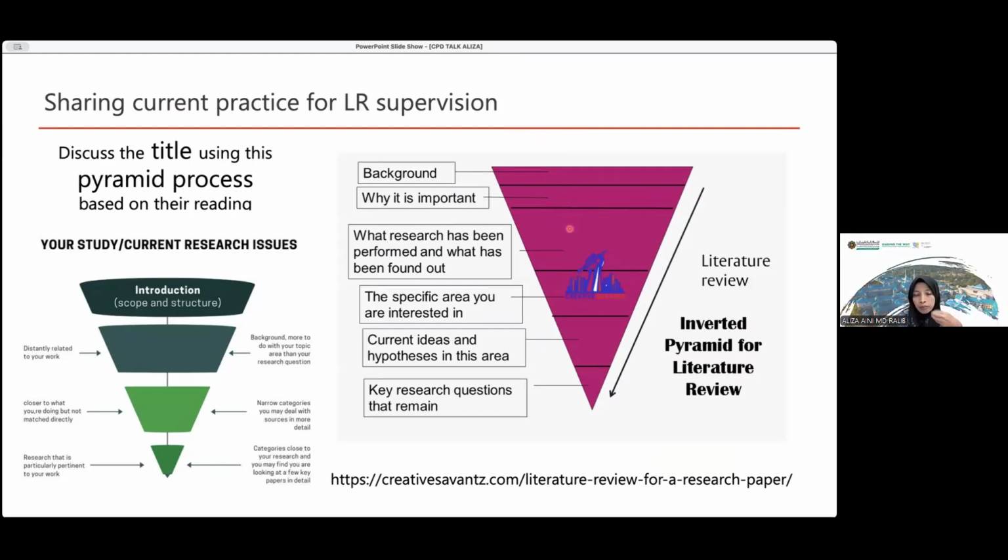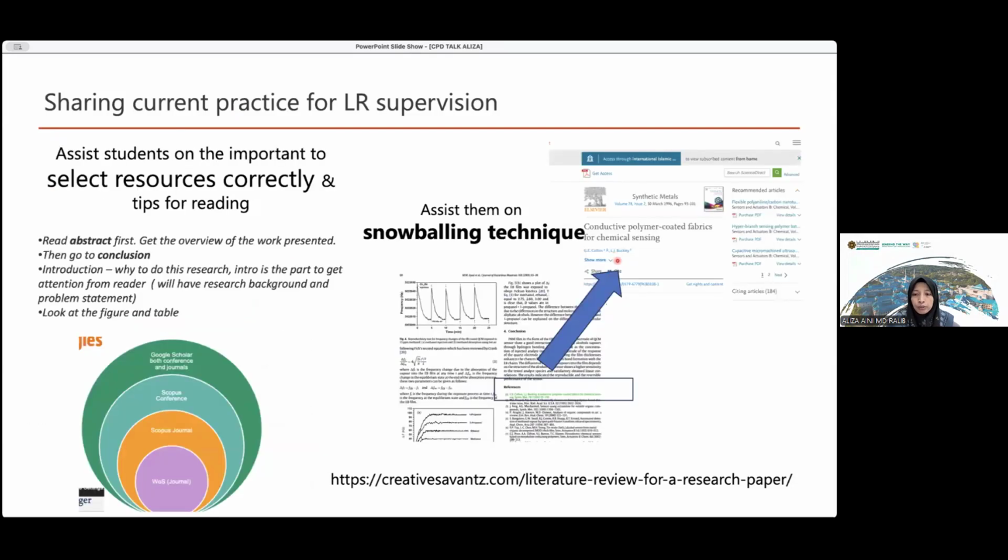Because it will boost their motivation to read. If they are clear about the application of their research, which may benefit society, not during the FIP but maybe 10 years later, it will boost their motivation to do the research, because to read papers you need some motivation. Once they see the problem, they go more specific until they find the problem statement. My practice is to always ask them to draw this triangle and explain row by row.